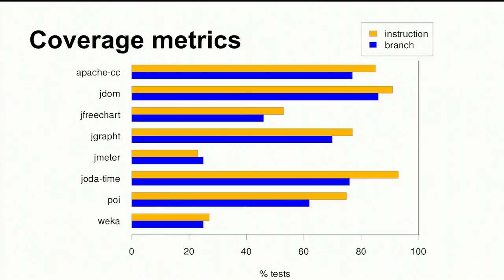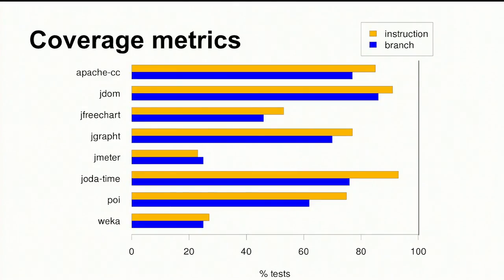So I went and looked at the coverage metrics. This is the results from the 9 benchmarks that I could run, I think. And so the average coverage, I believe, I didn't actually compute what the average coverage was, but you can see what the coverage is for these benchmarks here. And so for some of the benchmarks, you can see coverage is important to the developers. It doesn't really happen by accident that you get like 95% branch coverage, instruction coverage here. For some of the others, it's really not.